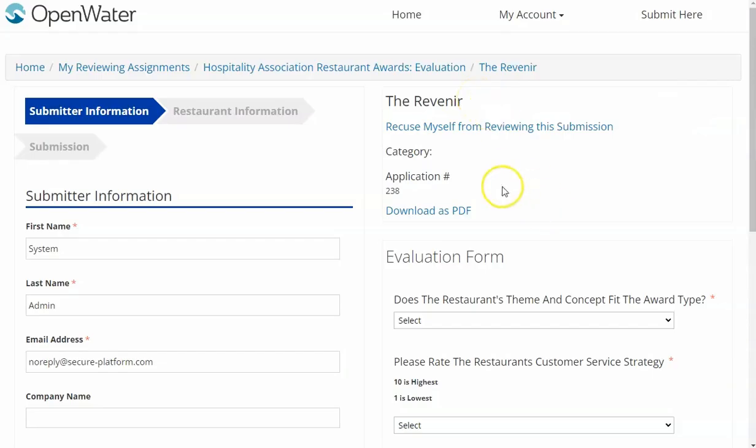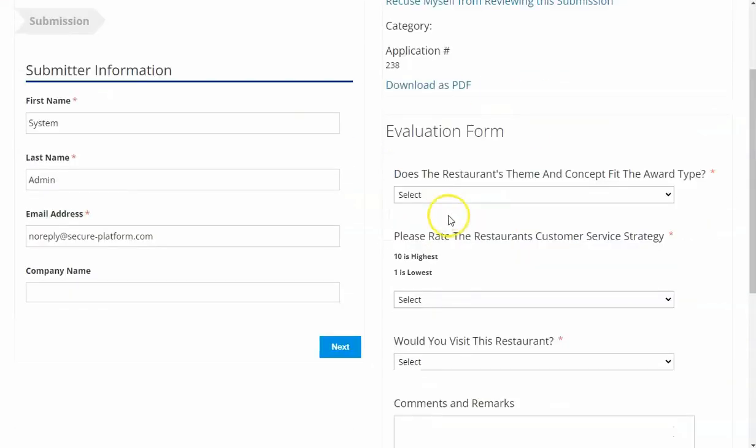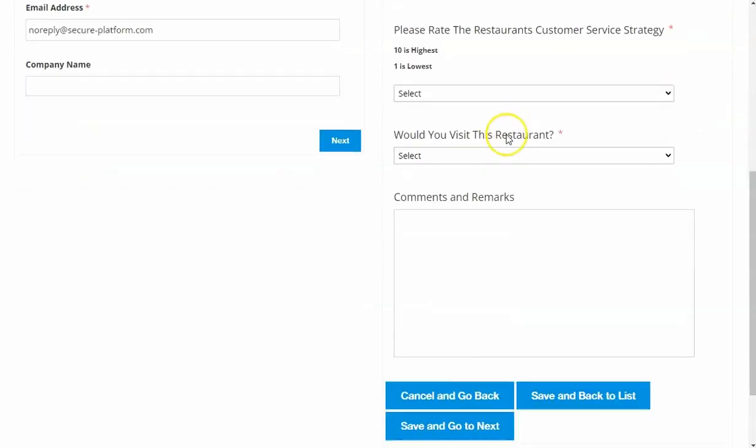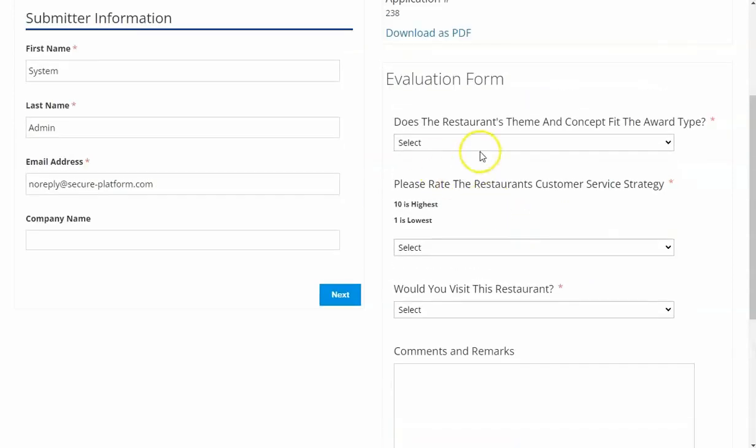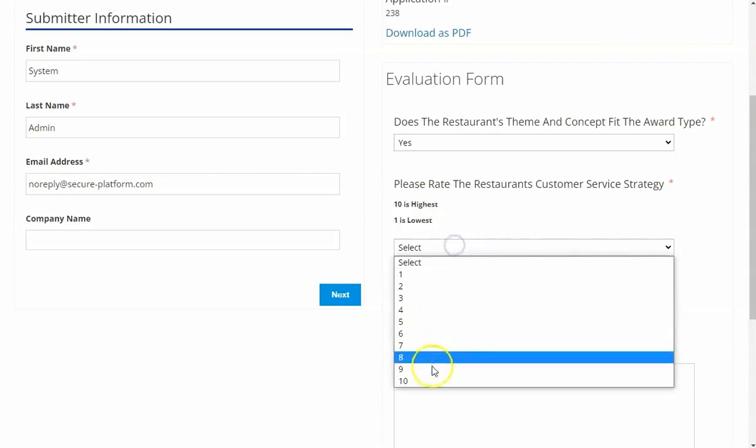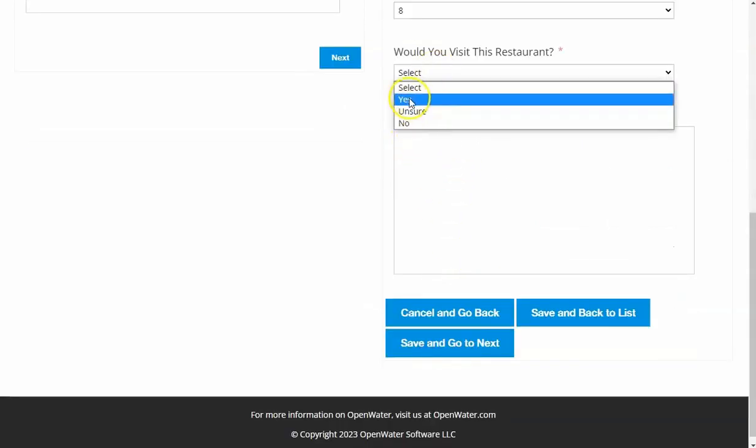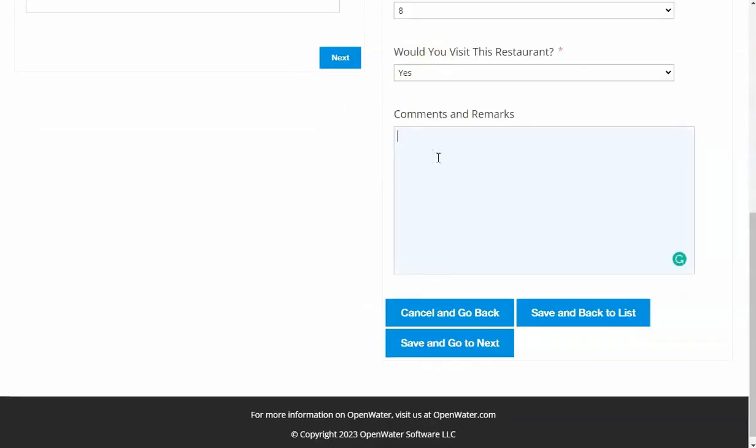Both of these can be mixed and matched between all your different rounds in your program, but let's take a look at the evaluation mode first and see what that looks like in OpenWater. Now we're in the reviewer portal, and on the right-hand side here, we can see our evaluation rubric or scoring rubric, and we have a few different questions to answer. We have some yes, no, some numbers, yes, no, unsure, and then comment as well,